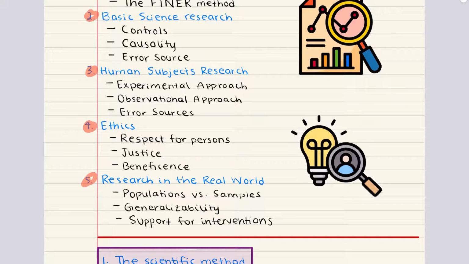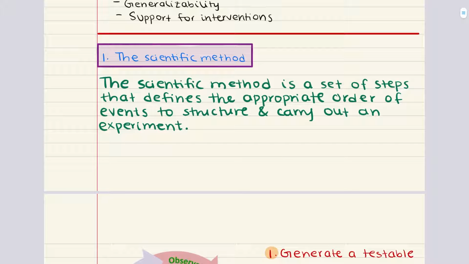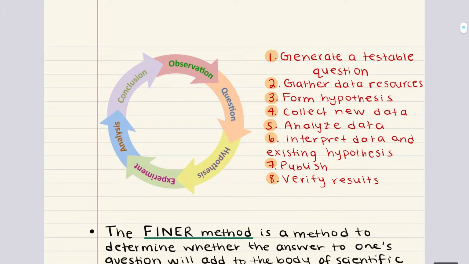With this introduction, let's go ahead and jump into Objective 1, where we're going to explore the scientific method and the FINER method. To help bring these concepts to life, we're going to use a simple experiment involving light and plant growth as our example. This example will guide us as we break down the steps of the scientific method and evaluate how the FINER method ensures a research question is both practical and impactful. By following the scientific method, researchers ensure that their work is logical and reproducible, and that helps build confidence in